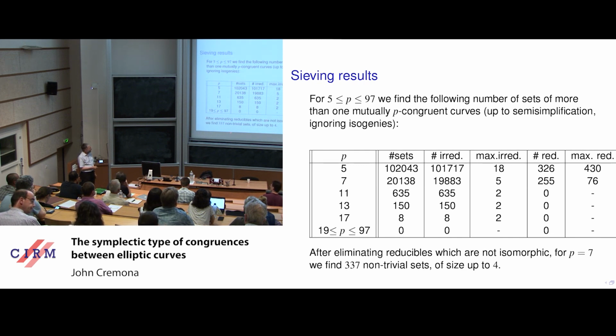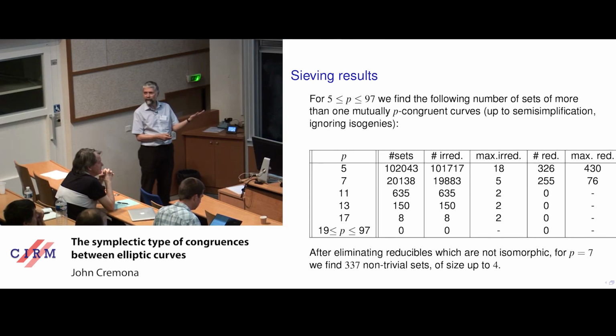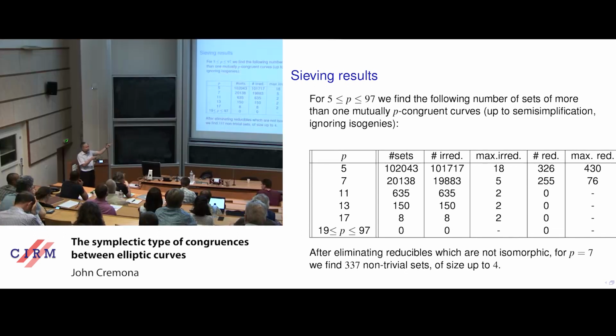So why is the 337 bigger than 255 when I've thrown some away? Well, what's happening is that within this collection of 255 sets of size up to 76, for each of those sets, we then further refine them into subsets where the congruence, the isomorphism between the modules, is not just up to semi-simplification, but they're actually isomorphic. So each one of those up to 76 sets gets subdivided further. That puts the number from 255 up, and then we throw away the sets of size 1 again, and that gives you the 337. And after doing that process, none of the sets is bigger than 4. So genuinely,